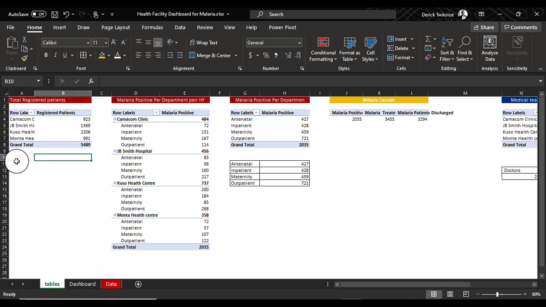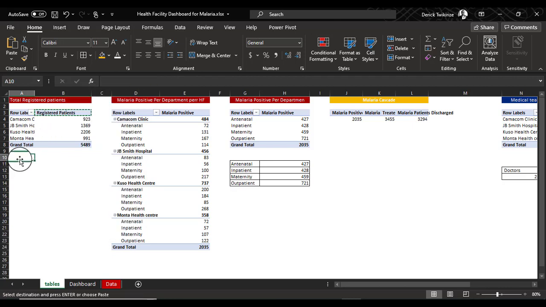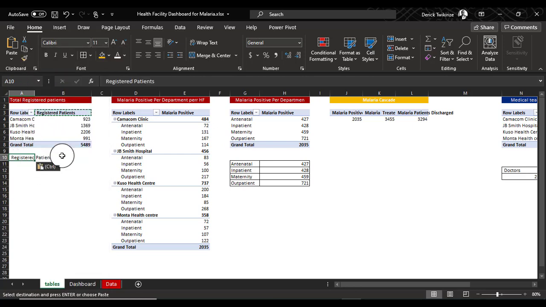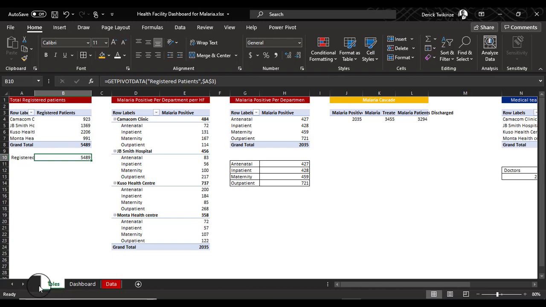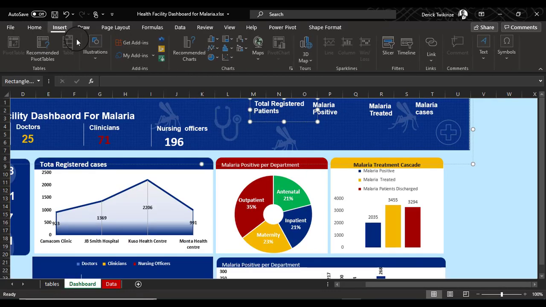To this, and you will say registered cases. You copy that and paste it right here as values, and then you say this will equal to this. So when you come to the dashboard,